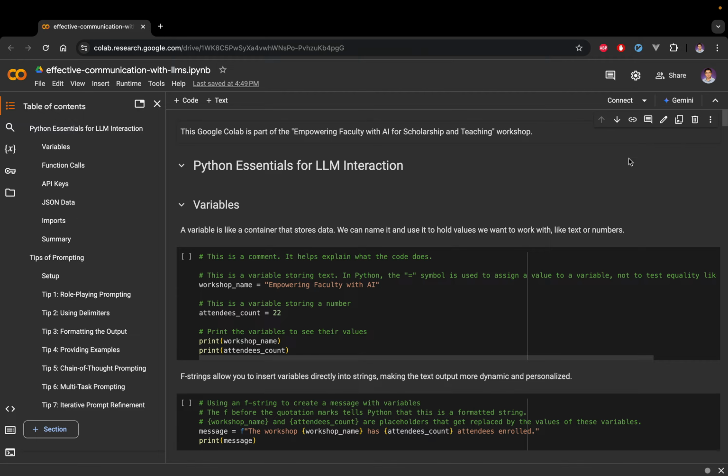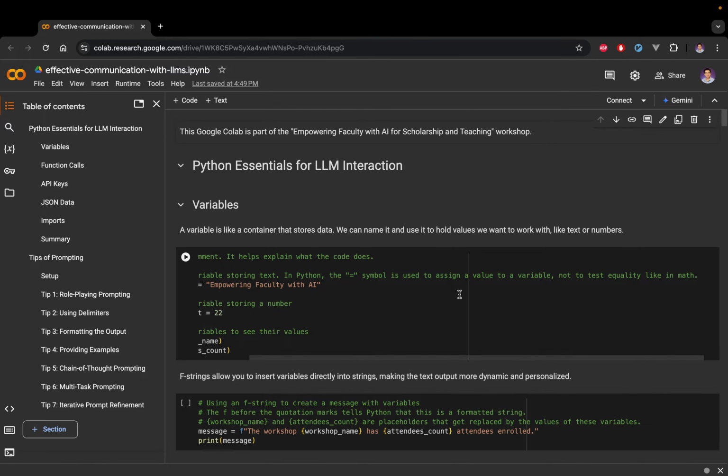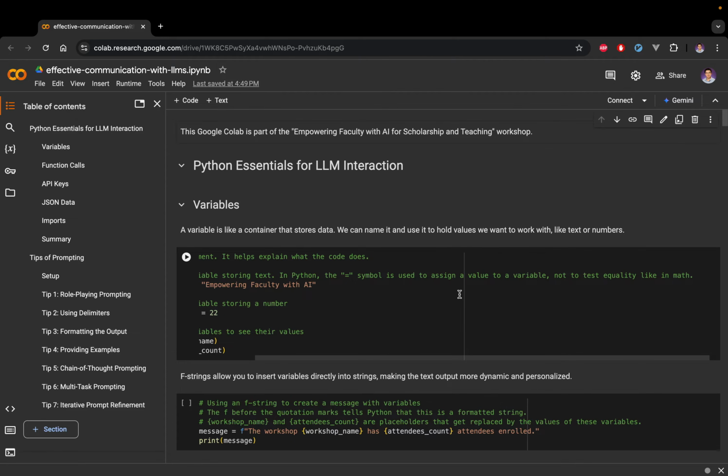Let's start with variables. In Python, variables are like little containers for storing information. For instance, to store the name of our workshop, we do this. workshop_name, this is the name of the variable, equals "Empowering Faculty with AI". This Python statement assigns the string "Empowering Faculty with AI" to the variable named workshop_name. Please note, this equal symbol here is used to assign a value to a variable, not to test equality